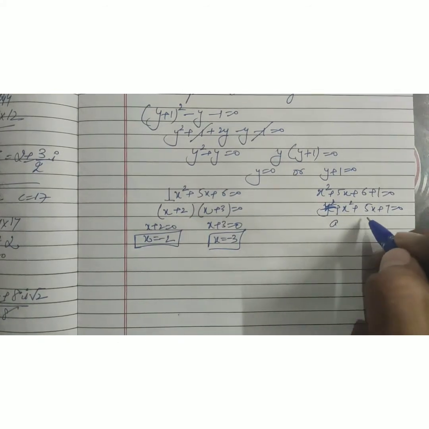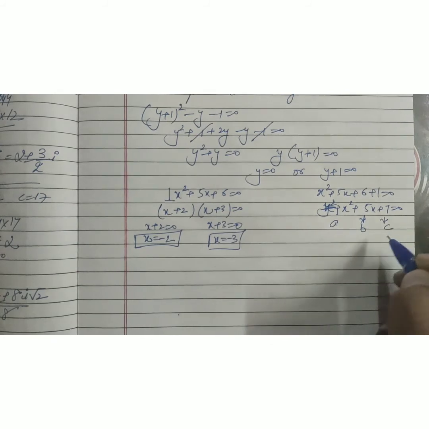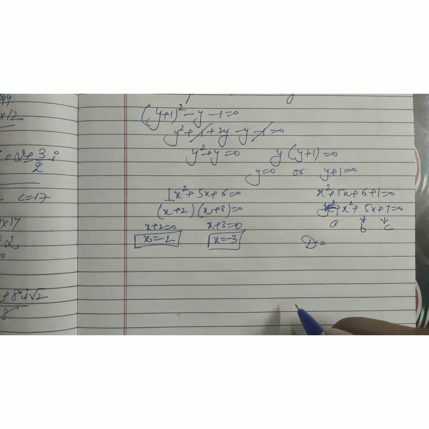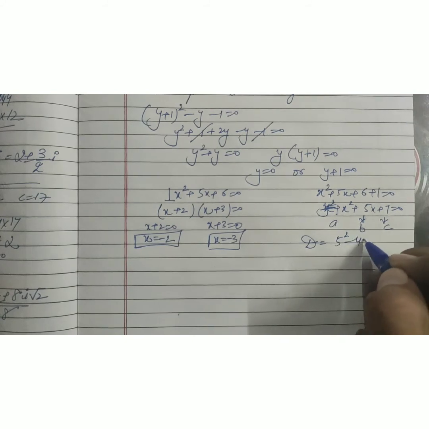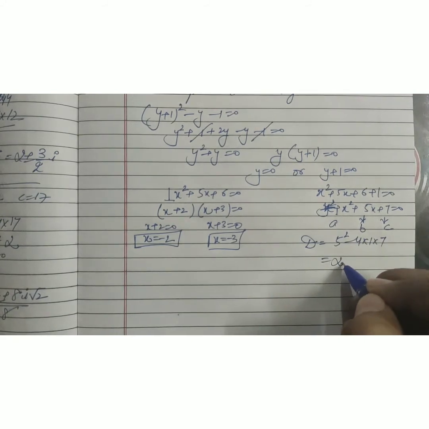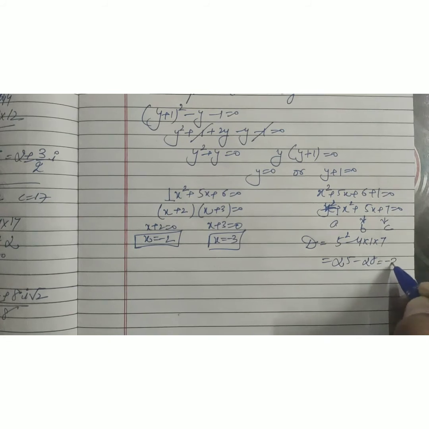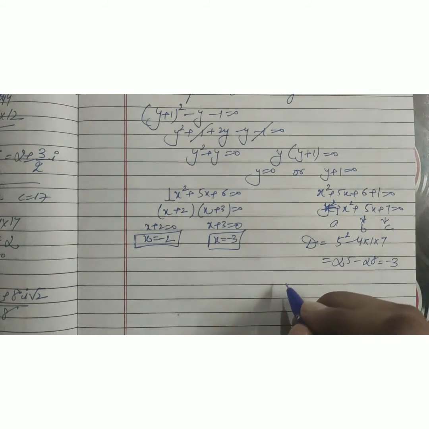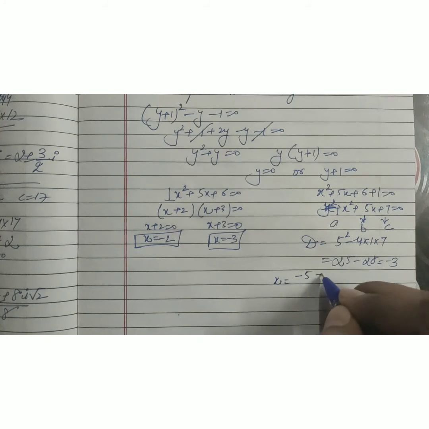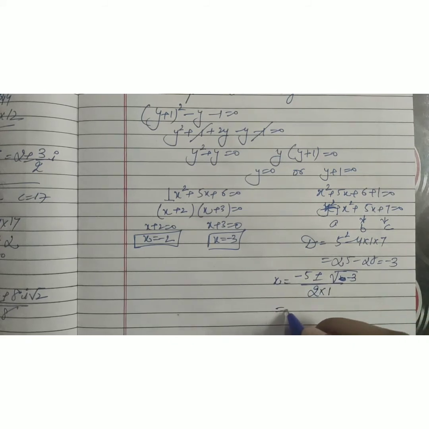On the other side, here separating the middle term is not possible. Here the value of a is the coefficient of x square, this is b and c, using the quadratic formula, so we have to calculate d first. B square minus 4 into a into c, it becomes 25 minus 28, which is minus 3, means imaginary roots are here, given by x is equal to minus of b plus minus square root of d. D is given by here minus 3, divided by twice of a, 1. It becomes 5 plus minus iota, for the negative sign inside it, square root 3 divided by 2. So it is a group of real number values and imaginary roots.